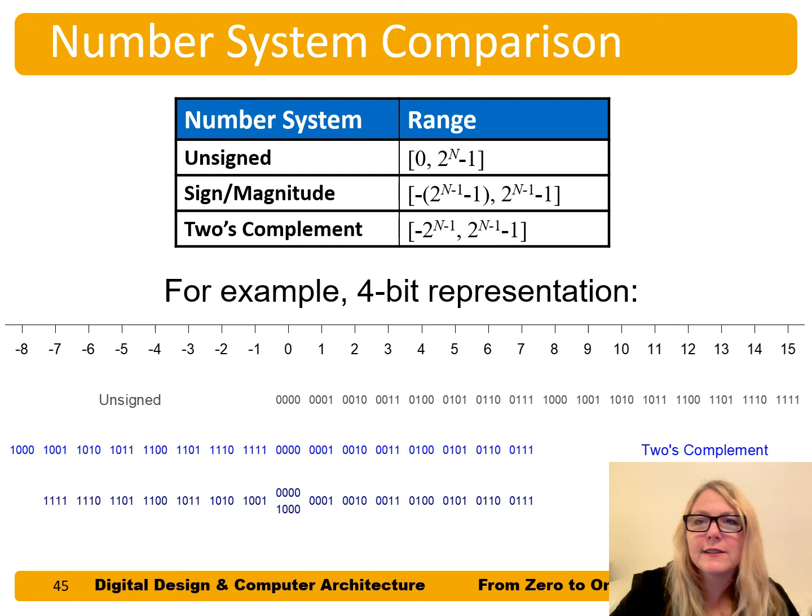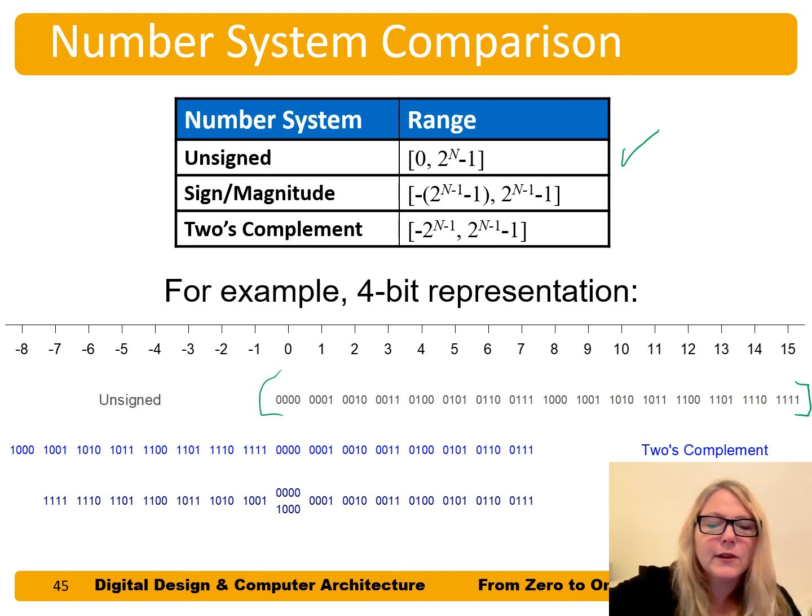So let's compare the number systems that we've talked about so far. We've talked about unsigned binary numbers, which have a range of 0 to 2 to the n minus 1. For 4-bit, for example, we have 0 to 2 to the 4, 16, minus 1, so 0 to 15. And the number of values we can represent is 0 plus 1 to 15, or 16 values. Generically, 2 to the n values. For sign magnitude numbers, we can represent